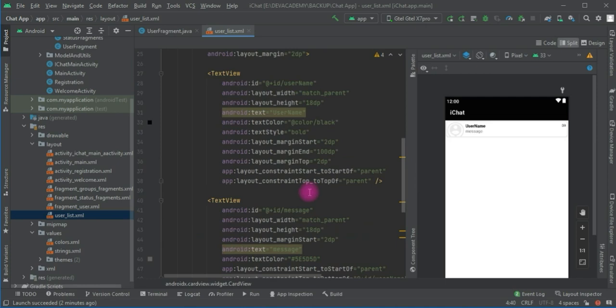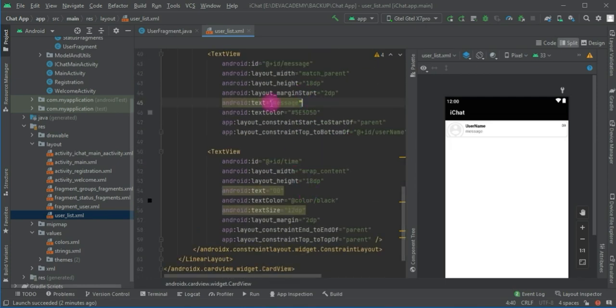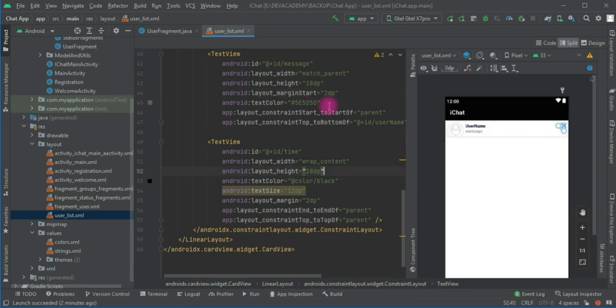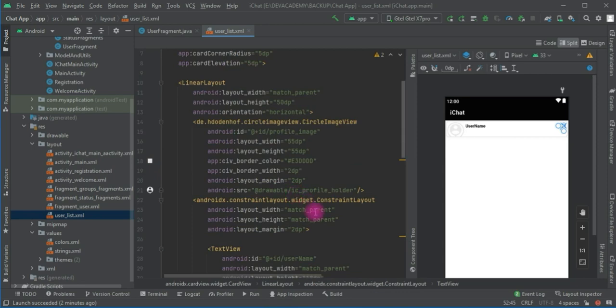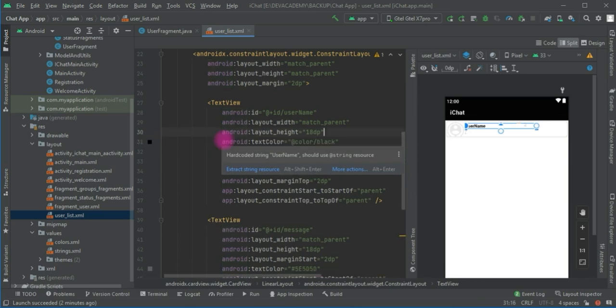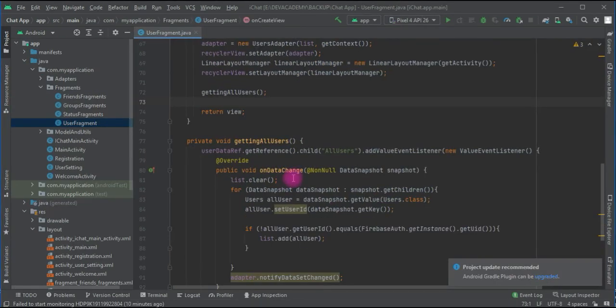Also, we need to remove this sign of message, so that it will be blank. Also this side we need to remove this. Also we remove the username. Also we need to fix, if you are getting data here, we are getting a single data